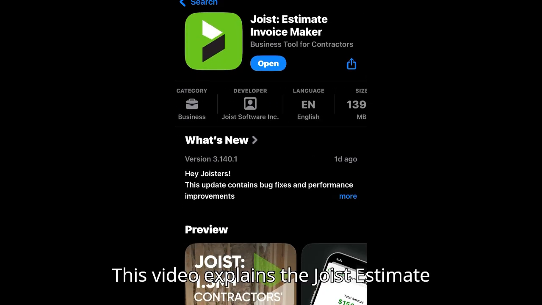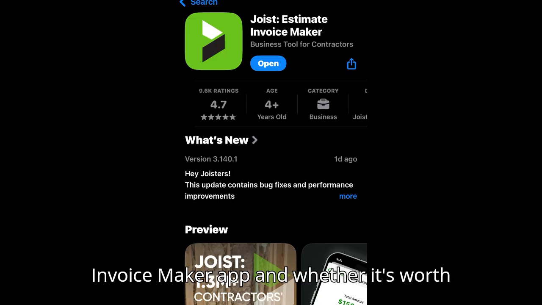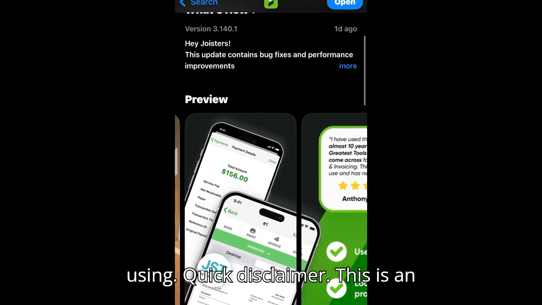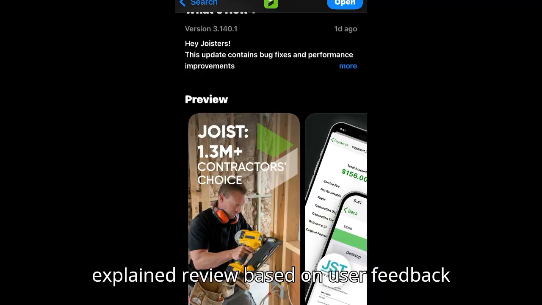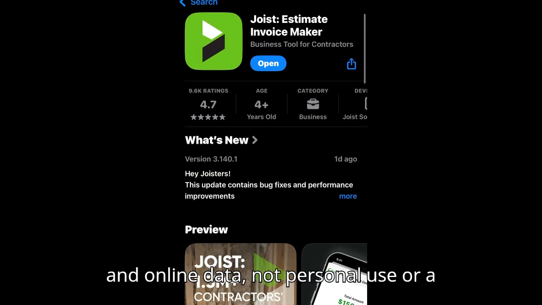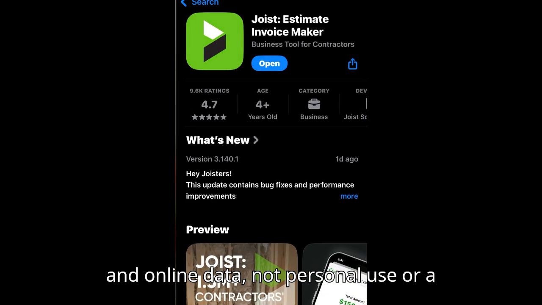This video explains the Joist Estimate Invoice Maker app and whether it's worth using. Quick disclaimer. This is an explained review based on user feedback and online data, not personal use or a visual